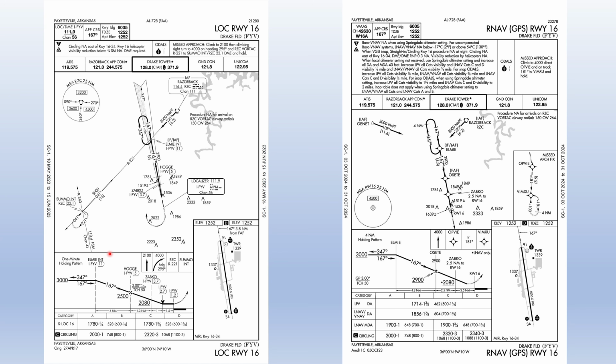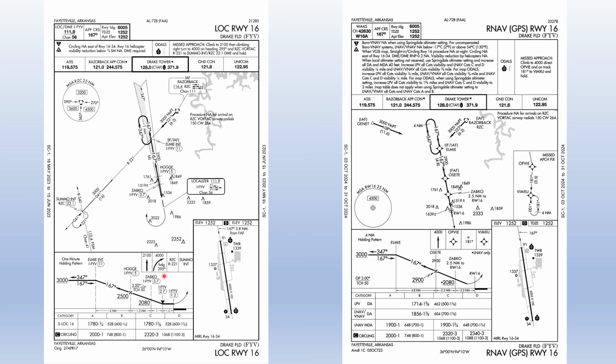How can you identify Elmi intersection? How can you identify Hodge intersection? What is the significance of the Maltese cross? What do the altitudes with the underlines mean? What is the significance of